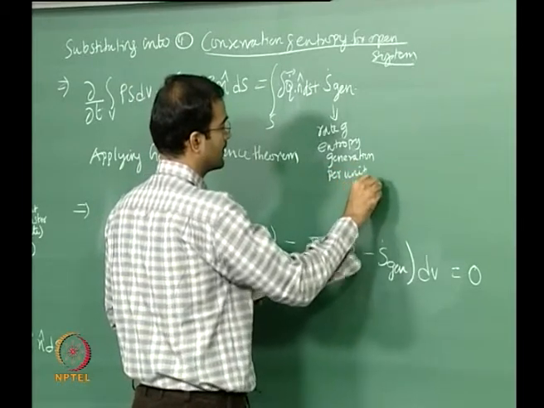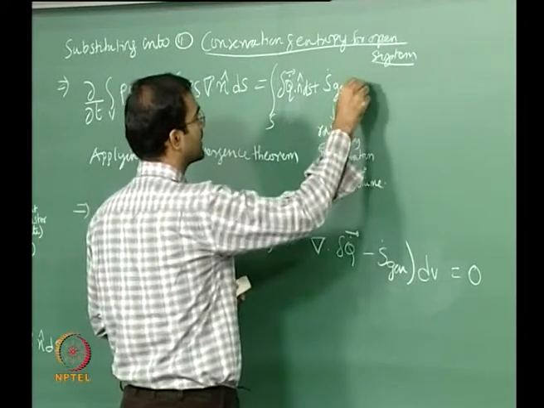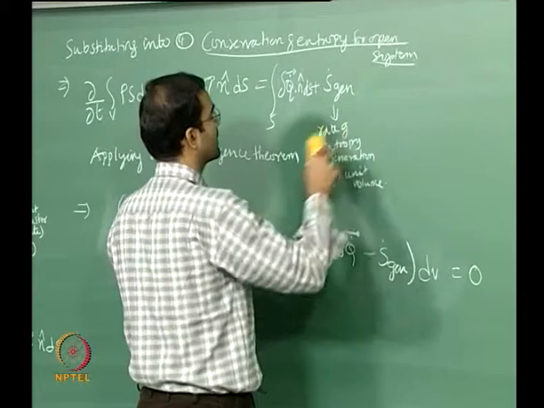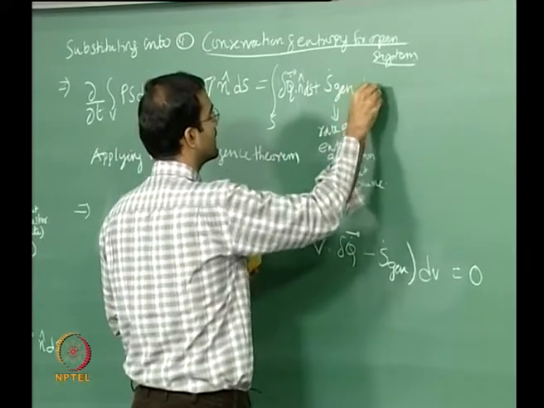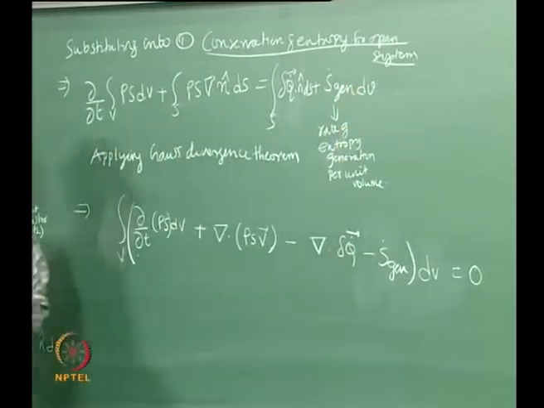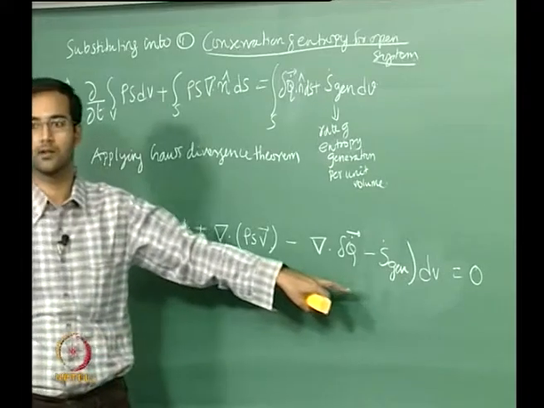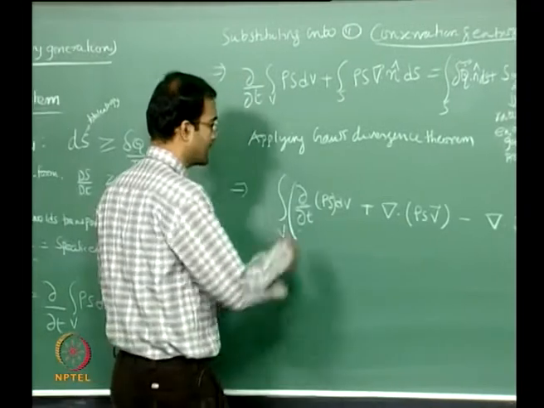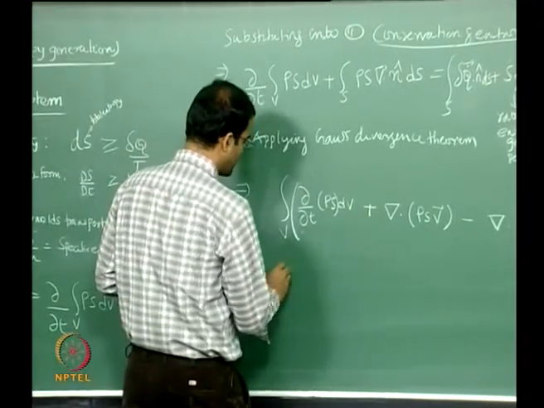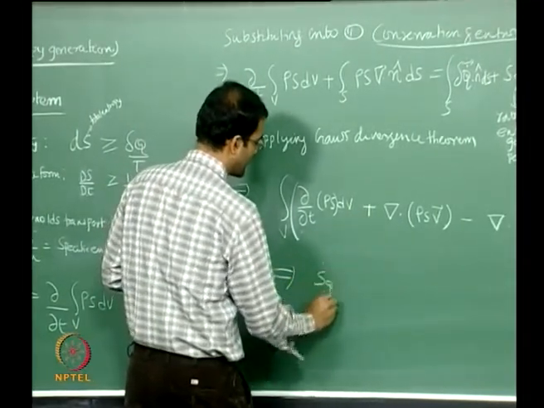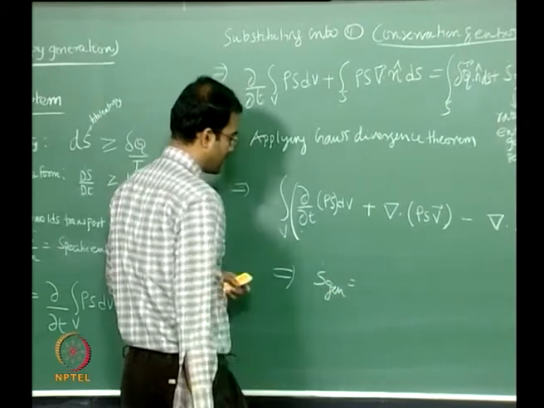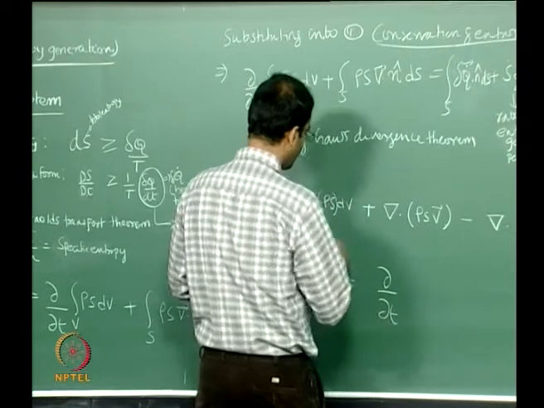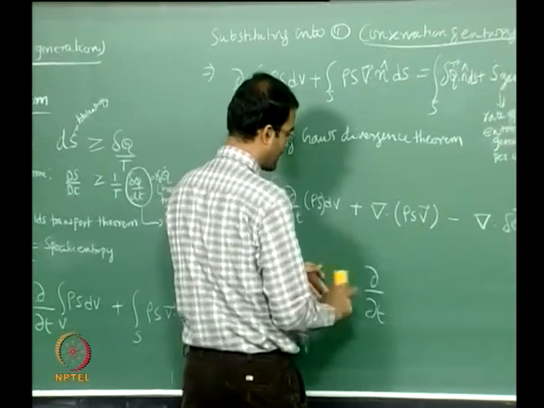So if I multiply by dV, okay, then I can put this on the left hand side, group all the terms together, and that can be equal to 0. Therefore the integrand has to be 0. So then this will give me my S dot gen should be equal to d by dt of rho s dV plus this, which I am going to write in terms of